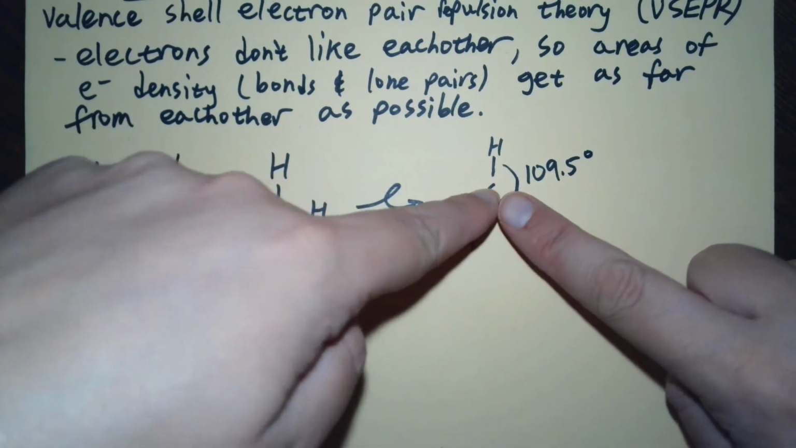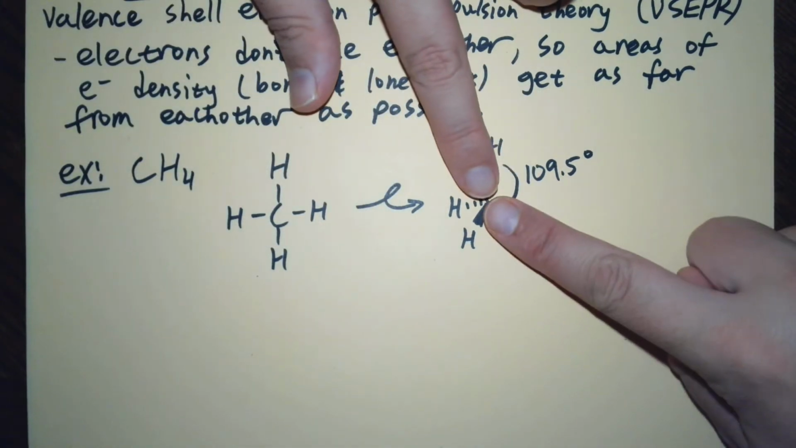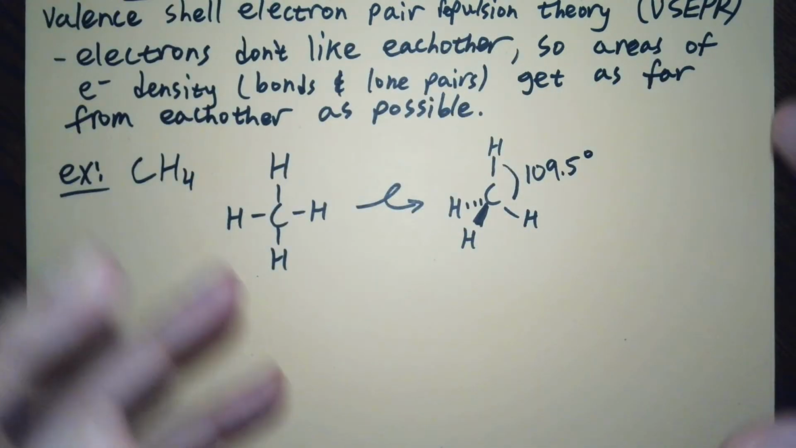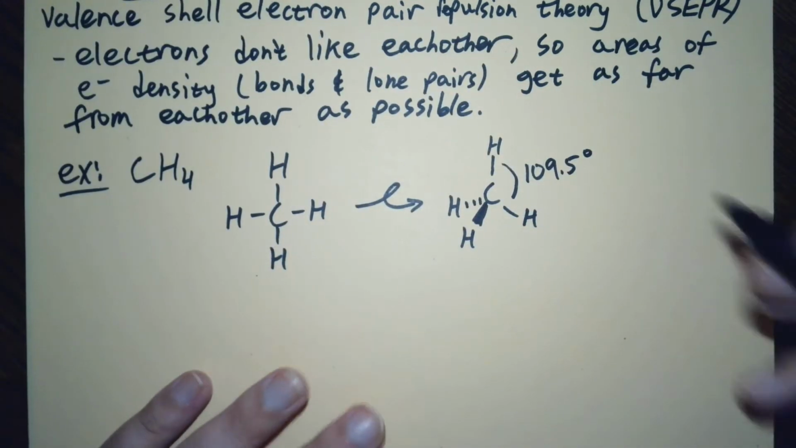109.5 degrees. If I pivot it around, I get the same angle. And so they get the same angle between all the hydrogens. So they are spread out away from each other as far as possible. And the name for this shape